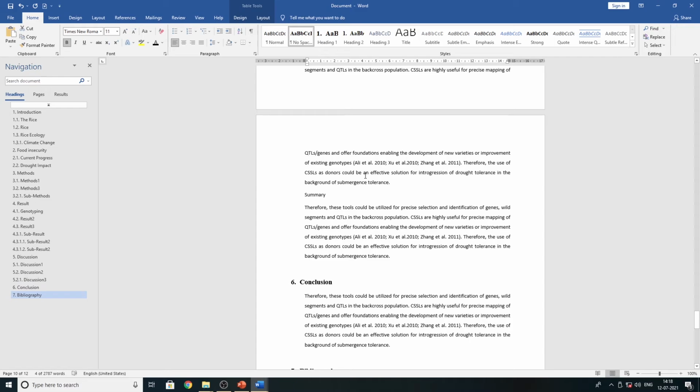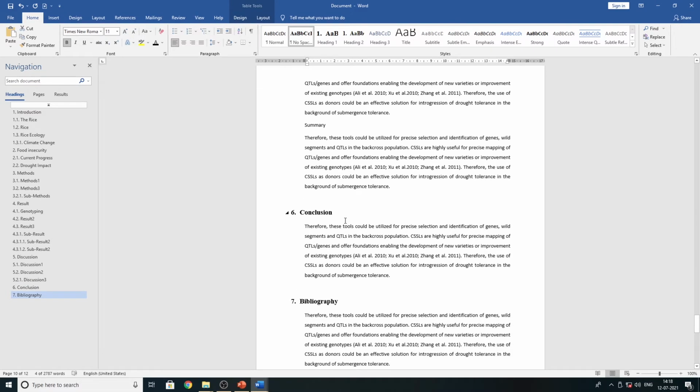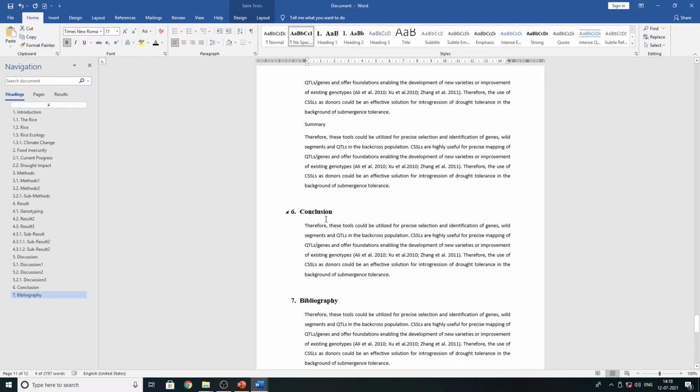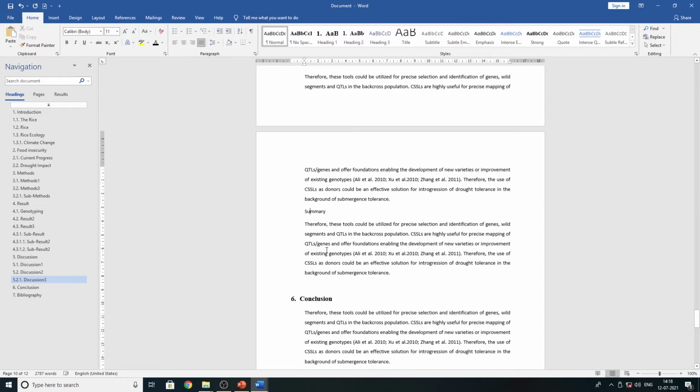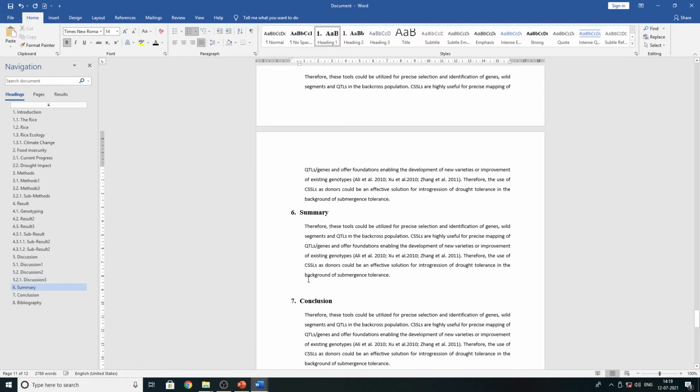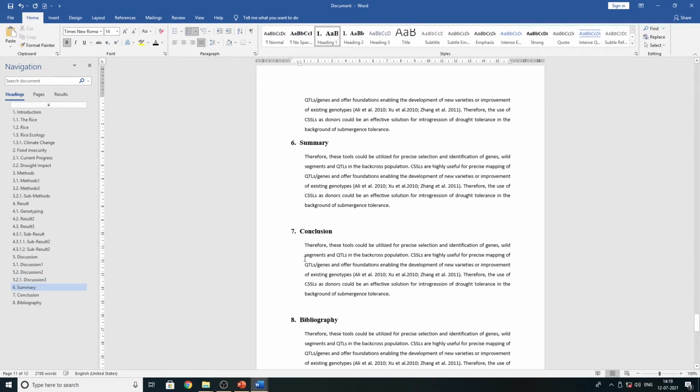I hope you guys learn this. See, one more thing I'm going to tell you. See, in the conclusion there are six chapters here. 6 sections are there. The 7th chapter is the bibliography. Now I'm going to add one extra one here, a summary. So no, you don't have to do that. You just click on this heading, going to Heading first. I'm going to click on that Heading first. Automatically the text below the heading will be changed.